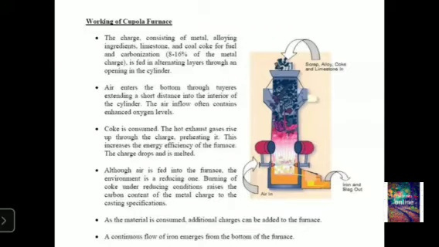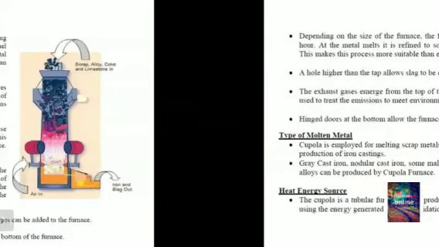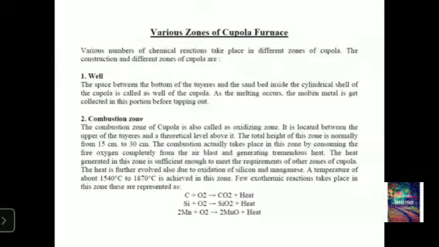All the oxygen in the air blast is consumed by the combustion within the combustion zone, right? So all of you just note it down. The chemical reactions take place. We are having one exothermic reaction. Here on screen, the reaction in the combustion zone is an exothermic reaction. So finally we will get CO2 plus heat, that is the exothermic reaction. Carbon plus air (oxygen) gives carbon dioxide plus heat. So that is the main exothermic reaction.